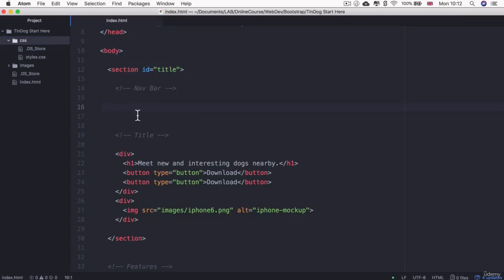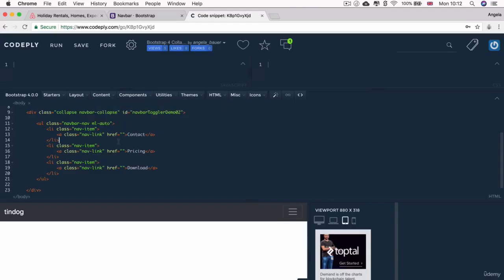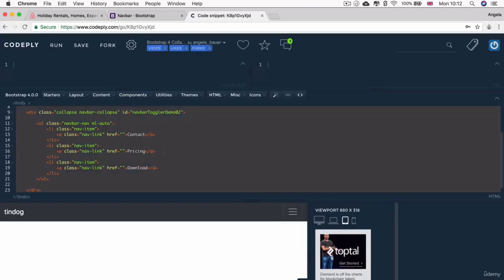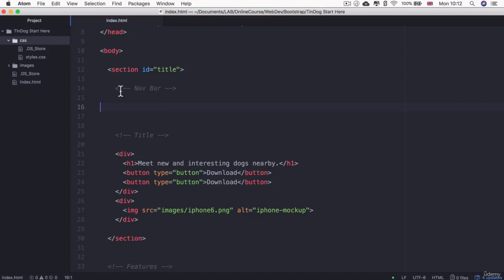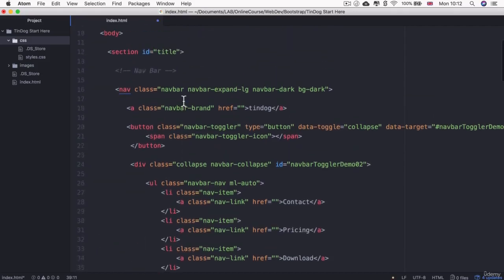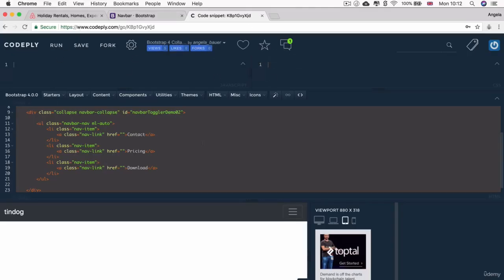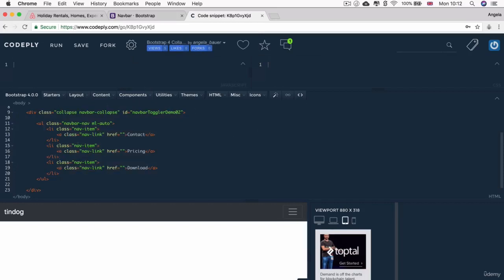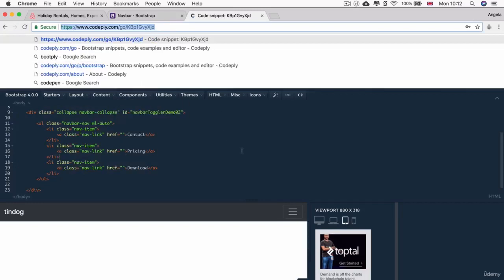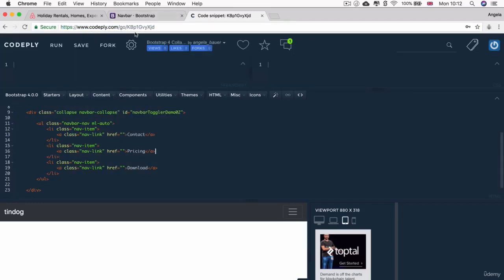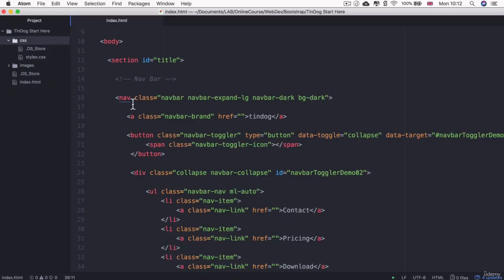the nav bar. Now, I want you to go into your code play and to select all of this code that we created earlier on in order to have this nav bar using Bootstrap. And I want you to paste it just below this comment where it says this is the nav bar section. So just in here. Now, if you've lost your code play area or for some reason you can't find the code that you created here, then I will provide a link to the code play that I created that we followed along so that you can open it up in your browser and just simply copy this code into your